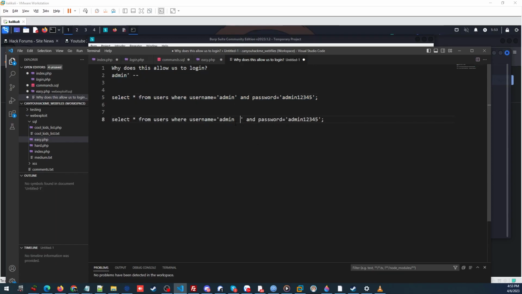I'm going to add some spaces right here, just to demonstrate that this is what's referred to as user input. This is what you choose to write in the username field when you go to log into the website. What if, instead of saying admin,